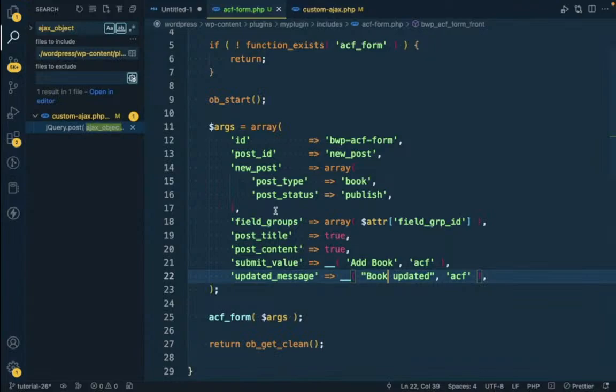Okay, I think I know the problem. Nope. I will provide the solution in another video, but yeah, you get the idea how to add a custom form